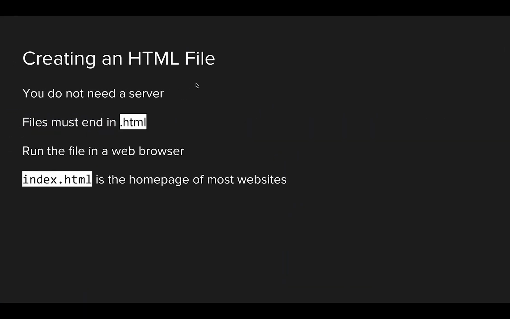Once you have that, you're ready to create an HTML file. To create an HTML file, you don't need a server. The files have to end in the .html extension. You run them in a web browser. And in general, index.html is the name of the file you give to be the home page of whatever web app or site